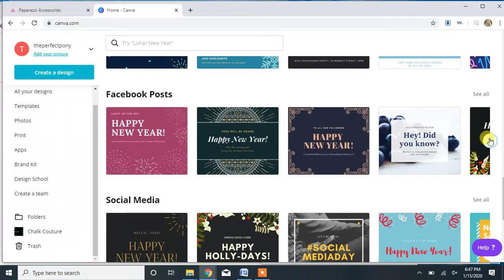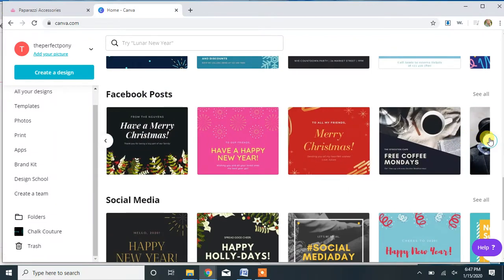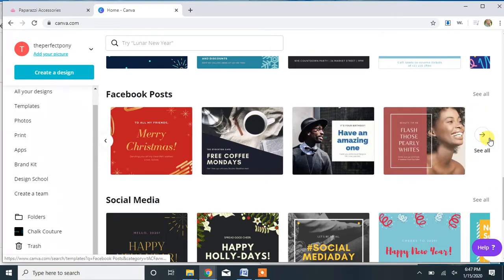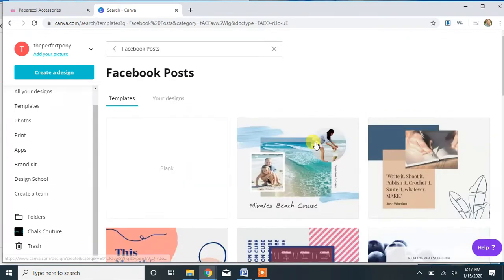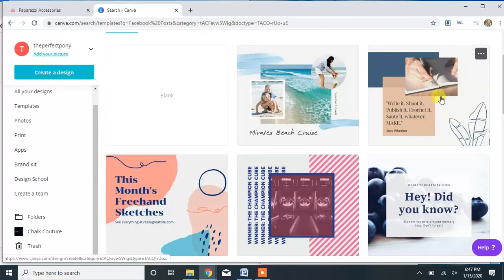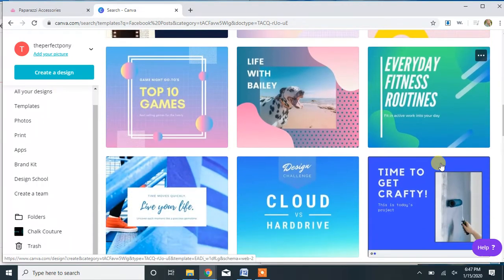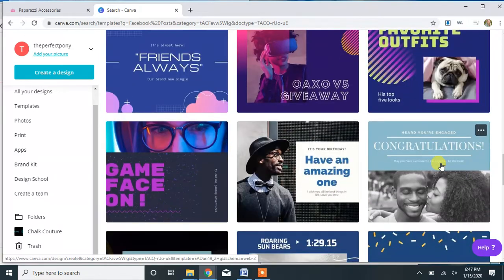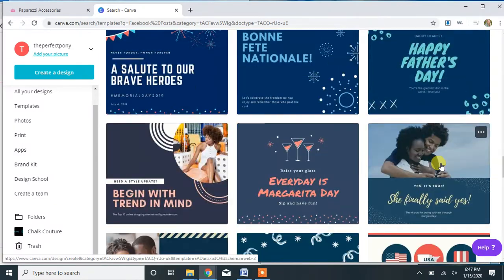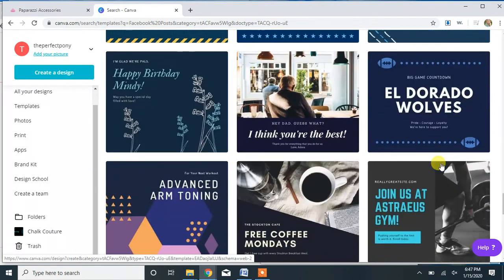So I'm going to look through here, and I'm just going to try to find something that I like. Mostly we're looking for just a layout that we really like, okay? So let's choose, whoops. Or you can click see all, like I just did accidentally, and you can see all of them. I actually liked the one that I just saw. So let me go back,